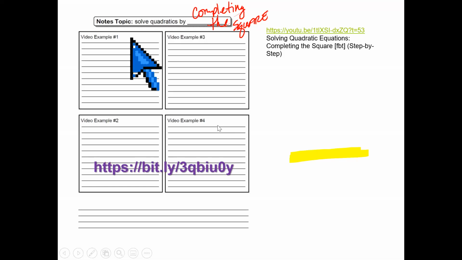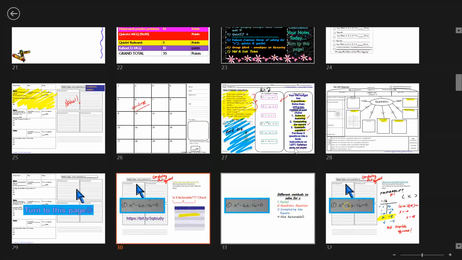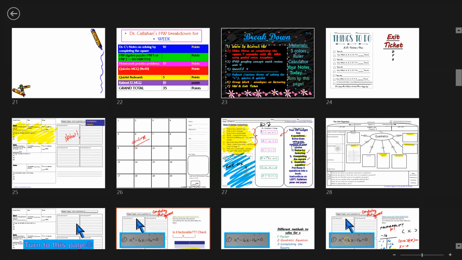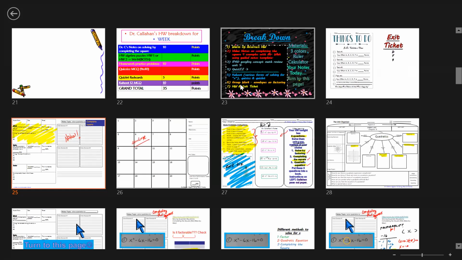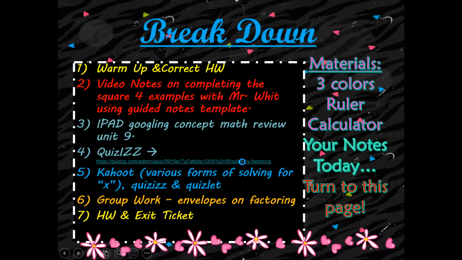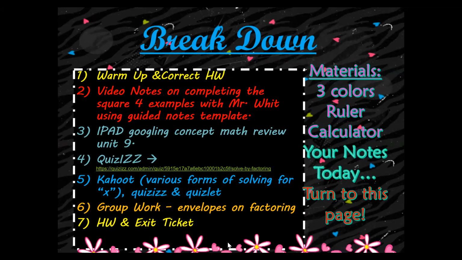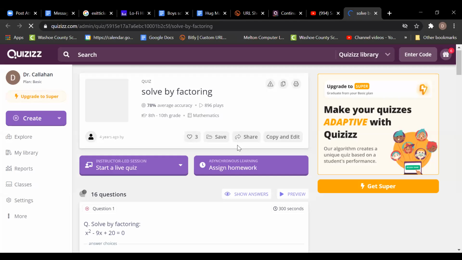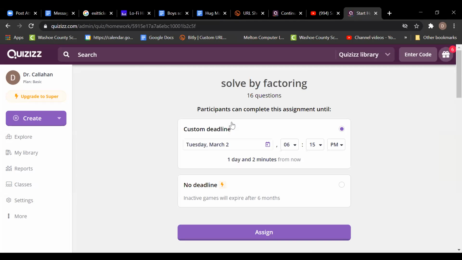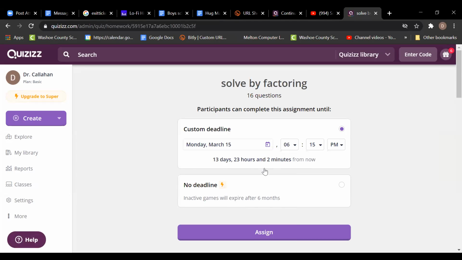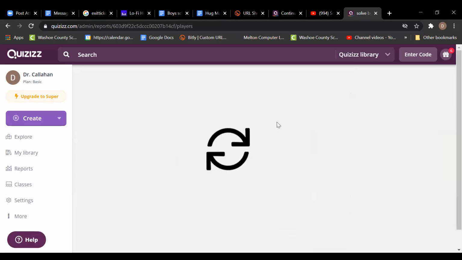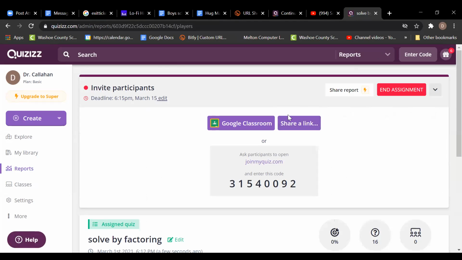Okay, when you're done with the 4 videos here, we're going to move on to your quizzes, which is going to be right over here in the middle. Do you see this page right here? It's the same page as your guided notes with your video notes. And with your quizzes, we are going to modify it so that way you can work on this at home. And all you have to do is just go to